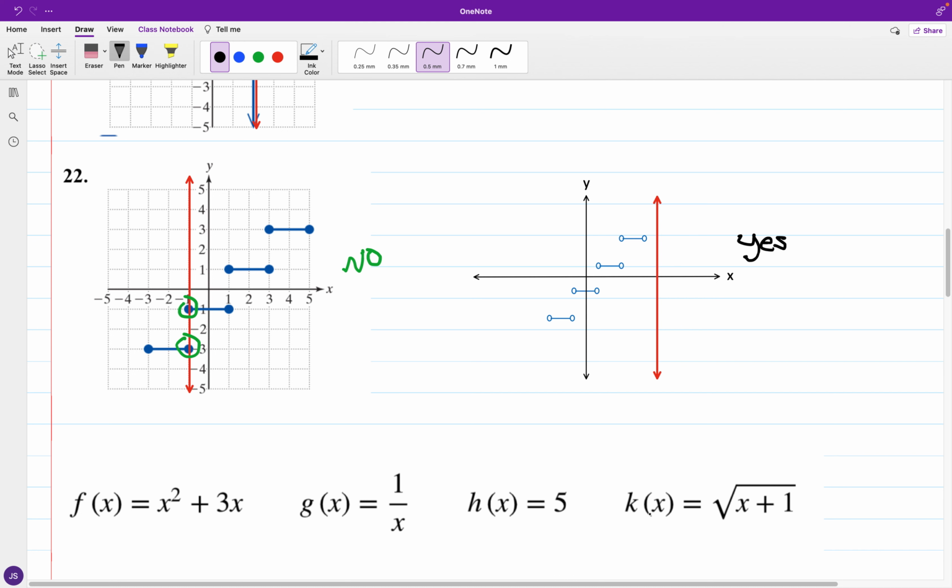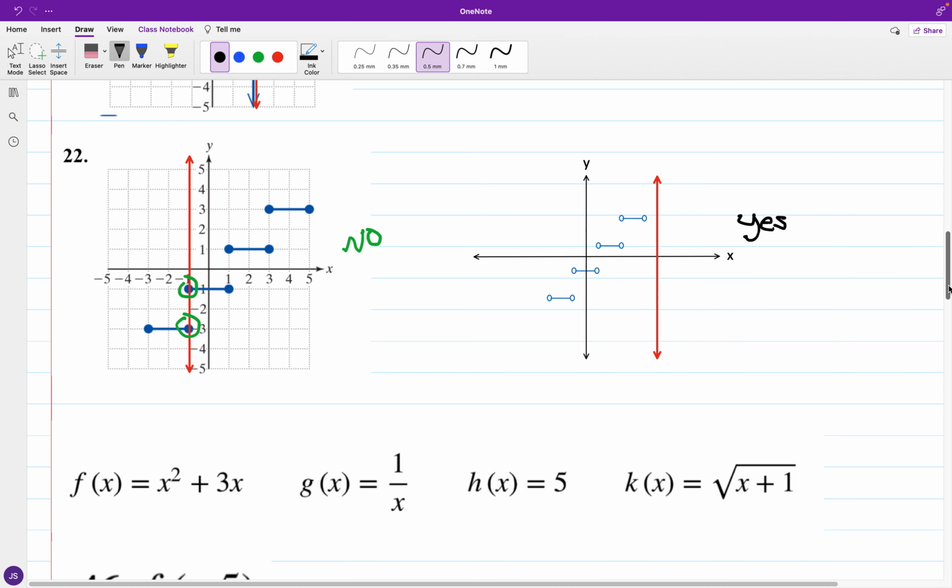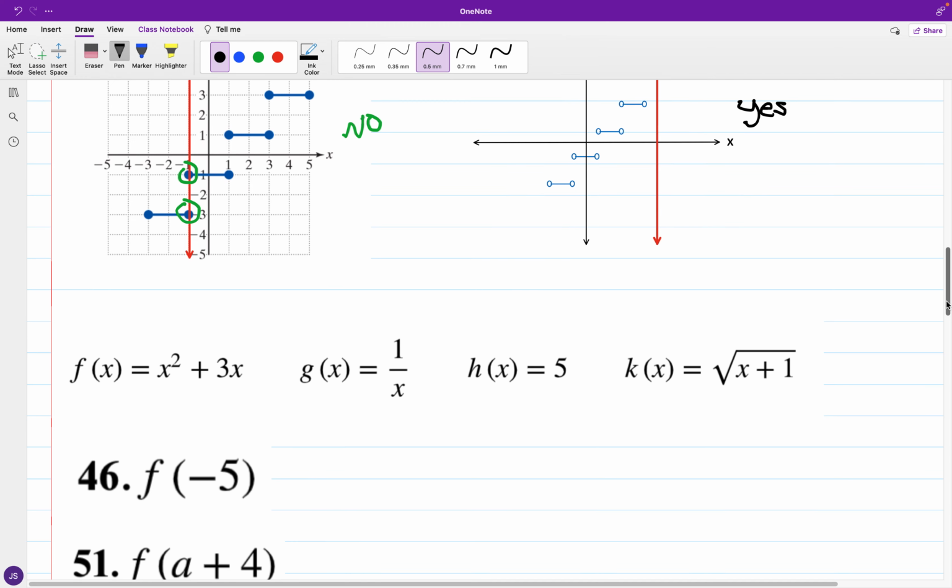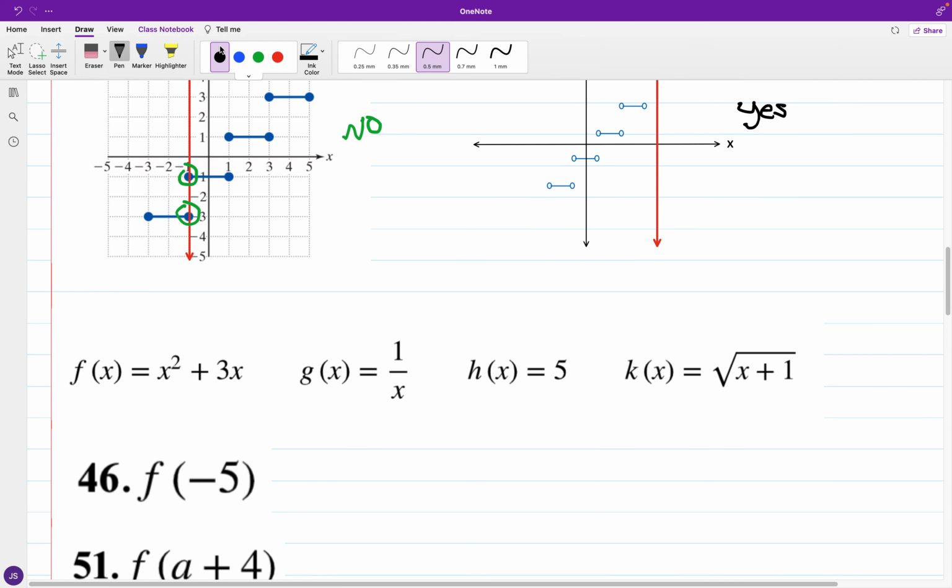And here we have that k of x is equal to the square root of x plus 1. Okay, now looking at the determination of function values, say in number 46, we're looking at f of -5. If we're looking for f of -5, we are referencing f of x is equal to x squared plus 3x. So for the replacement of x with -5, if I were to follow through, we have for f of -5,